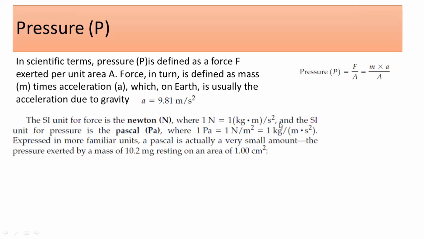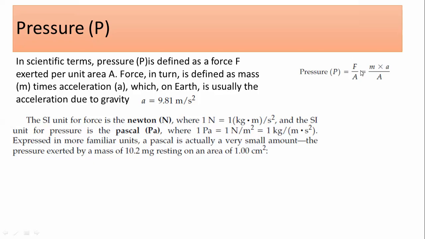One important thing: in physical chemistry, the units are very, very important. So let's start again with this formula. It is the force per unit area, and the force is in Newtons. Generally we represent it in the SI unit. The force has the unit of Newton, and 1 Newton is 1 kilogram meter per second squared. So this is what the Newton is. Because our concern is to calculate the pressure, here I am going to define what would be the unit of the pressure.